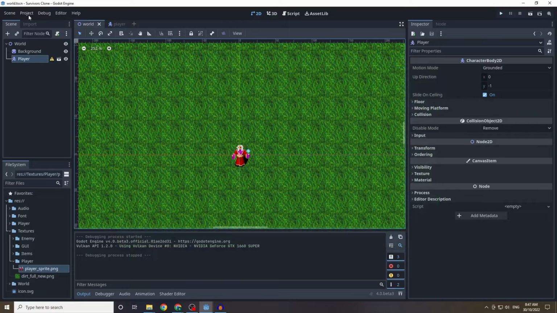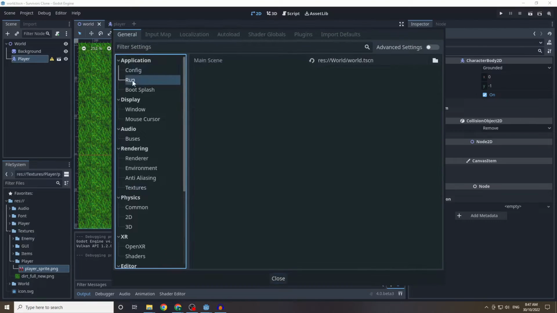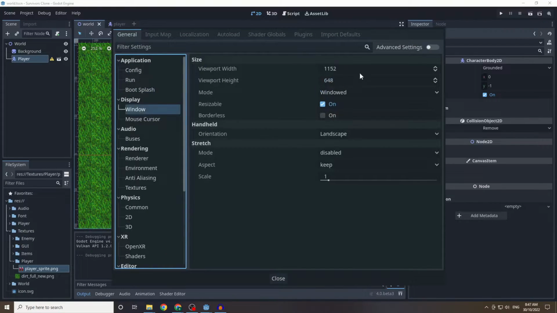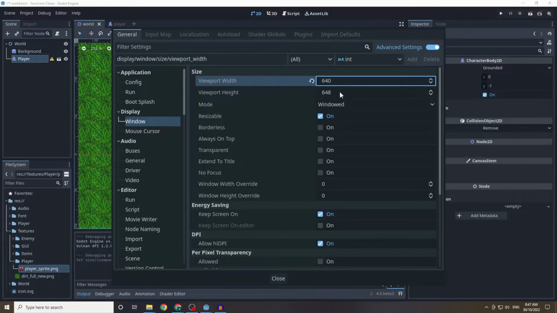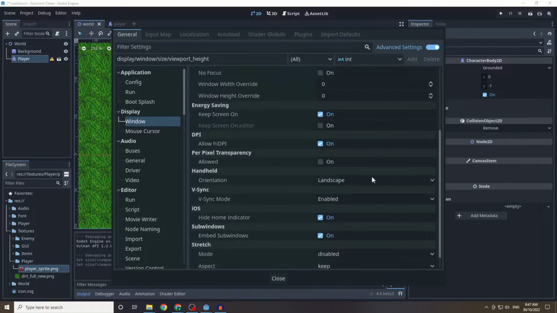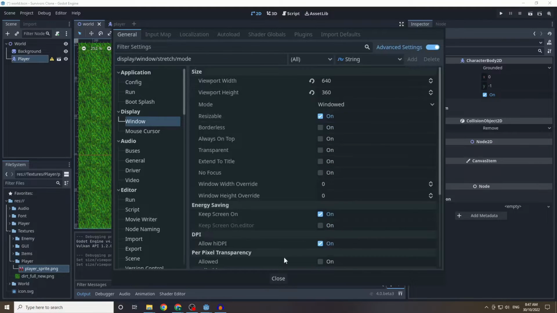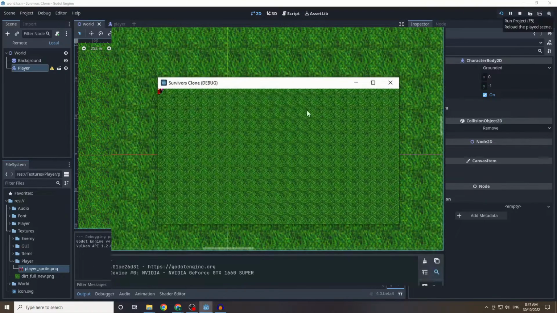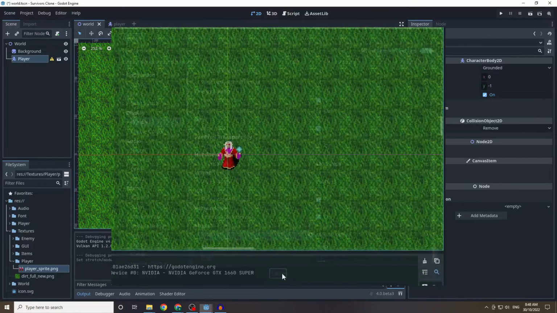Now, this is a bit big for us, and we want this to be a pixel-styled game. So what we're going to be doing is going into Window. I'm going to turn on Advanced Settings, and I'm going to be changing the viewport width to 640 by 360. And we're going to be setting the stretch mode to canvas item. I'll just show you what happens when we don't do that. So when we play this, we'll see that we have, once again, a very zoomed in game. However, when we do the stretch mode canvas item,